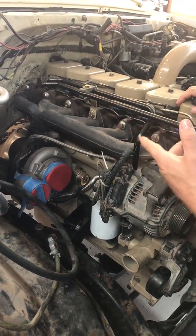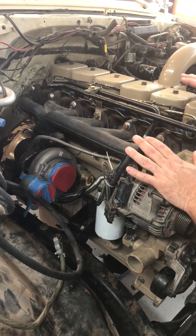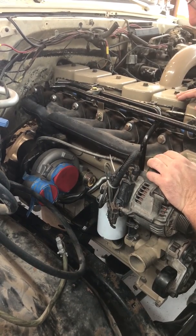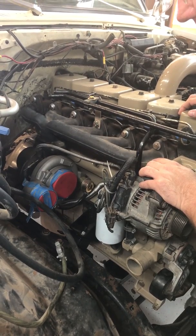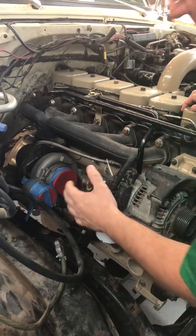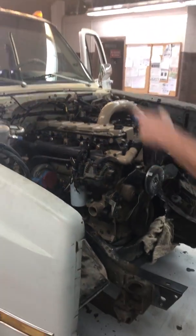I will have to do a lift. The amount of weight that's now sitting on the front end of the truck with this motor is considerable, a lot more than any other small block or even a big block. So I'm going to do a 4-inch lift just because of the proximity between the pumpkin on the axle and the bottom of the oil pan. Moving into the interior,